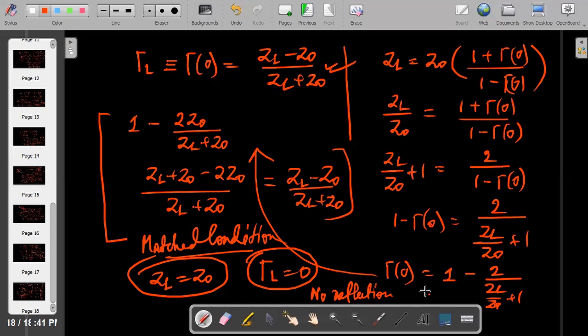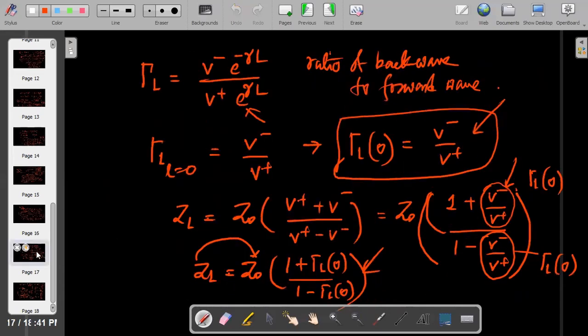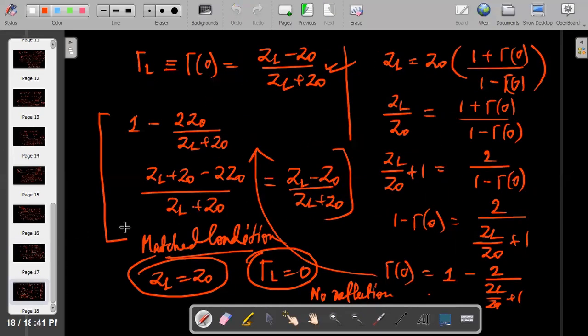So this is all about our today's class. If any confusion is there, you can say. We have completed up to the matched conditions, characteristic impedance,